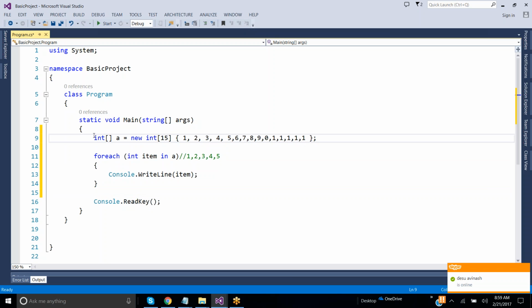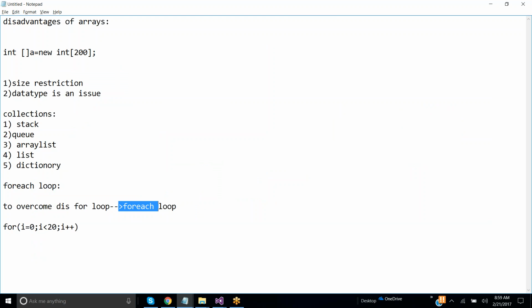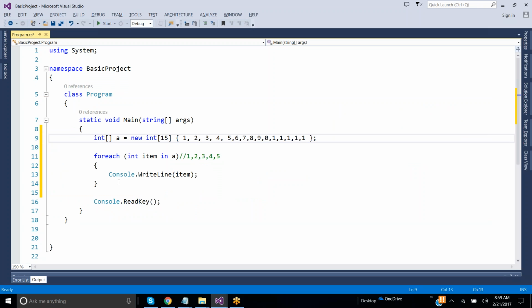Whenever you are taking a for loop, we have to change the size of the for loop. So to overcome that disadvantage that is present in a for loop, we are using a for each loop. Clear? Now, listen here, all of you, very carefully. Take the screenshot of this, make it fast. So instead of using for loop, every time we can use for each, right? Yes, in the projects, maximum they use for each only.